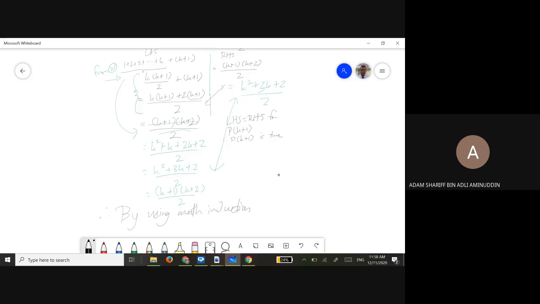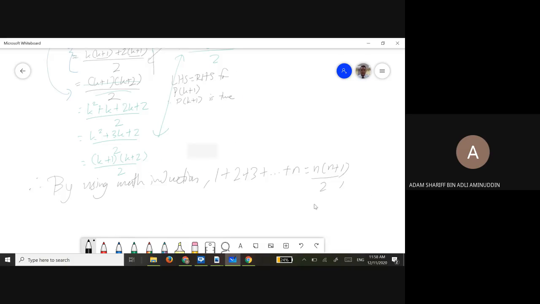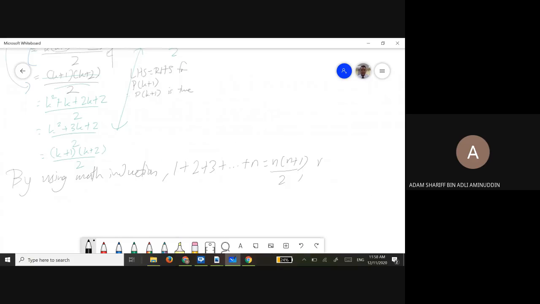I managed to prove to you that 1 plus 2 plus 3 plus until a certain number of n will be this formula. Not only for a single one, for every possible positive integer out there. So after this, when I ask you what is the summation of 1 plus 2 until 2020,